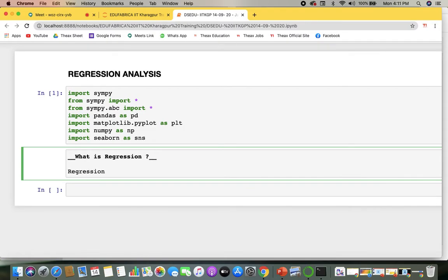So I say regression analysis is a form of predictive modeling technique, which defines a relation